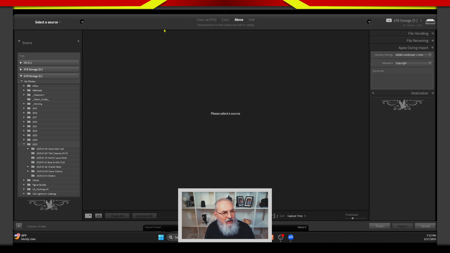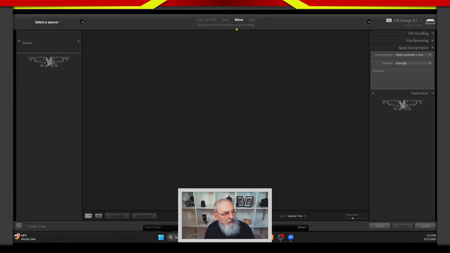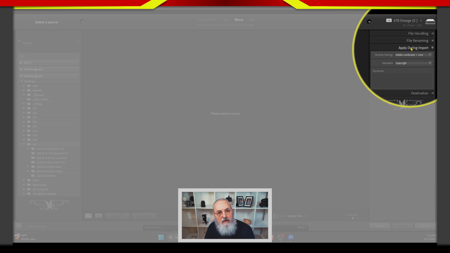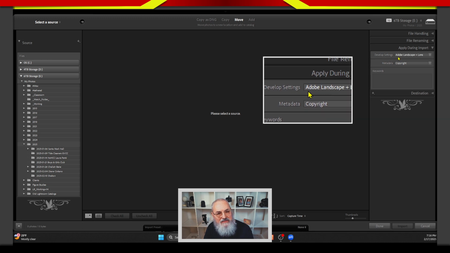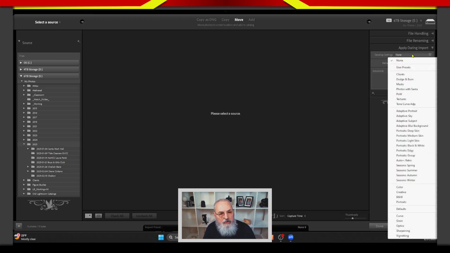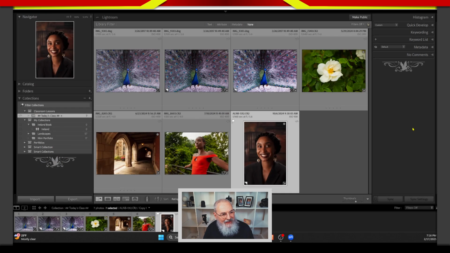As you can see here, I am in my import dialog box. If you go to import, it opens up the dialog box. All the way here on the right-hand side, apply during import. This is where you have your develop settings. The way you create these, let me go ahead and cancel, is you will take